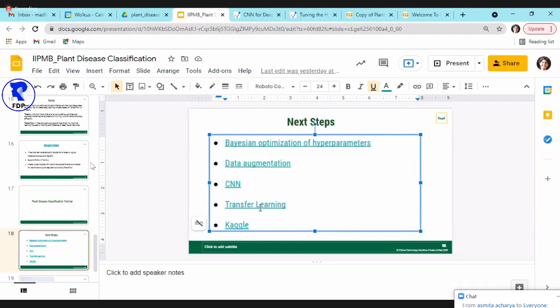I have provided the link. So what is transfer learning? It is when some neural network, CNN, or other deep learning algorithm has been trained on a huge set of data. Most of the features used in these images are similar, like the edges or the colors, differences in colors.